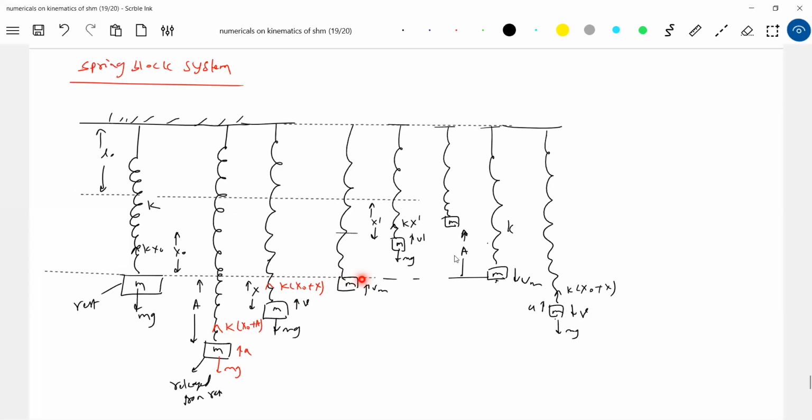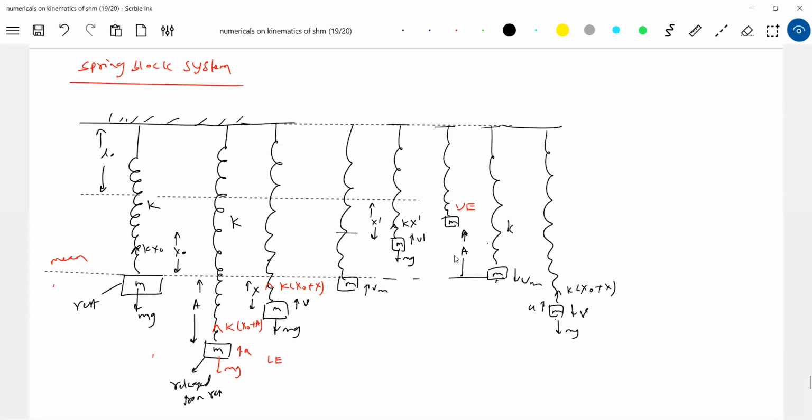Then it comes to mean position. So this is the mean, you can call it. This is the upper extreme. This is the lower extreme. So in every problem, what happens? You must notice this vertical spring block, upper extreme, lower extreme. What is my question? I want the time period of oscillation. This time period of oscillation depends on what all.